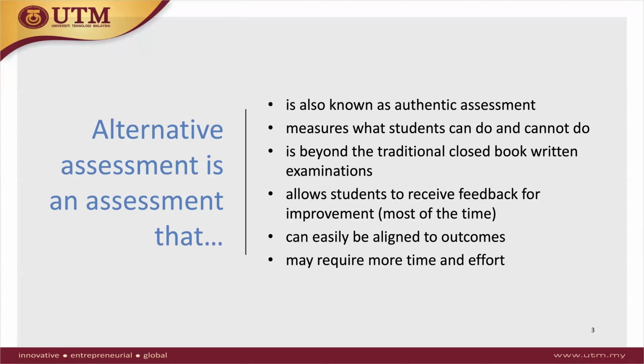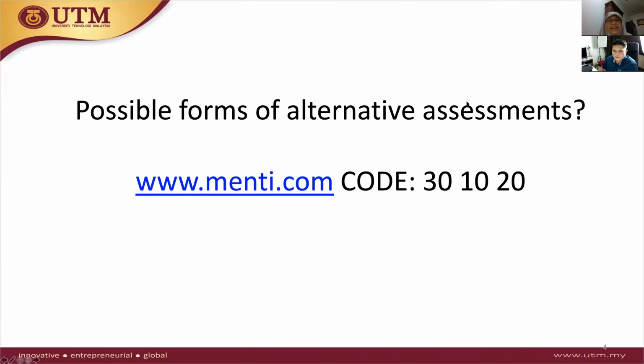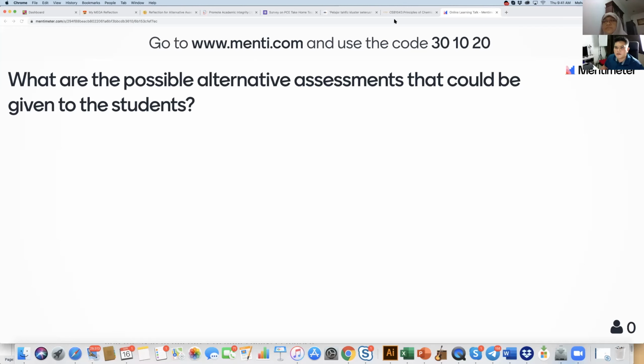When we talk about alternative assessment, you can do it, of course, beyond the online approach. That is much, much easier. But in our situation at the moment where we cannot see our students physically, we can always see them virtually, so it is even more beneficial to know how we can do alternative assessment. Authentic meaning real, like the real workplace, the real world, how is it being applied? Okay, we're going to have Mentimeter first.